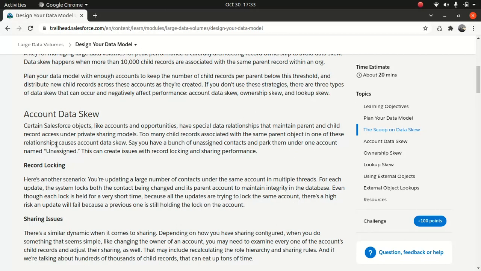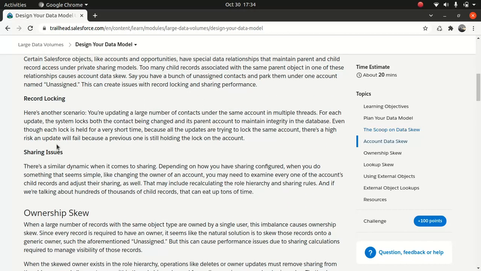So imagine if you try to update contacts, say for instance, 5,000 contacts in multiple threads, and all these contacts belong to the same account. Rest assured, you will hit record locking, and when that happens, things start to fail. And that's not really a good way to implement a solution, in my opinion, because it leads to wrong data, data inconsistency, and integrity of the data will be challenged, and at the same time affects the user experience as well. And sharing is another thing you have to take into consideration